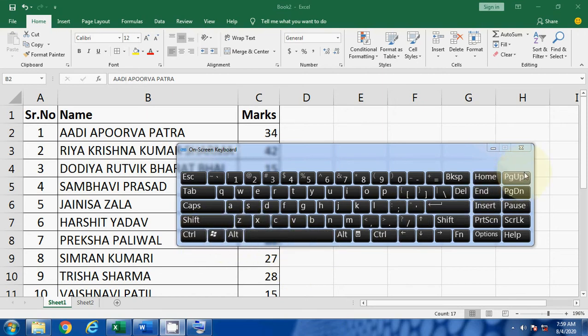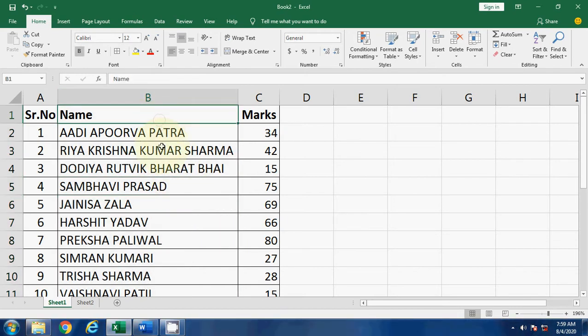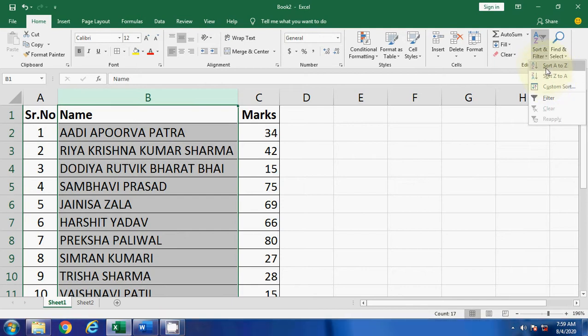Let me start. Just I am doing that only. I have placed the cursor here and then pressed Control Space together. So that column will be selected, or you can select by the mouse. Just click on that column header. Now go to the Home tab, then the Editing group. This is the Editing group, and the Sort and Filter option is there. Here you are getting 2 options, Sort A to Z, after that Sort Z to A. So here we are going to sort A to Z first, in ascending order.